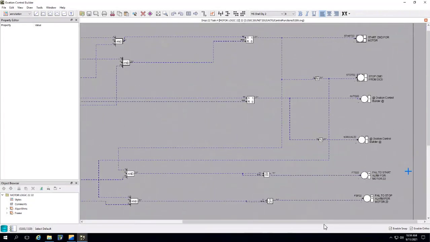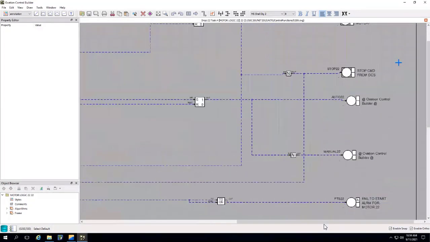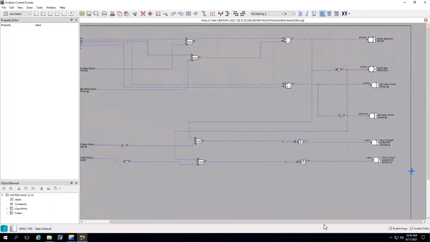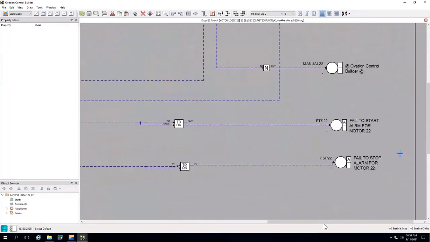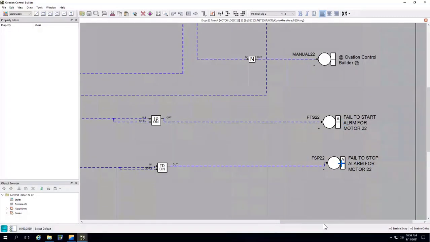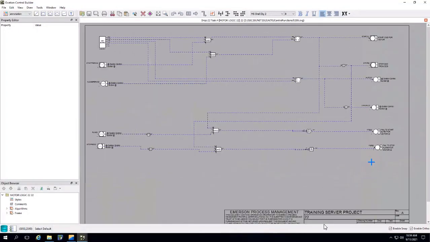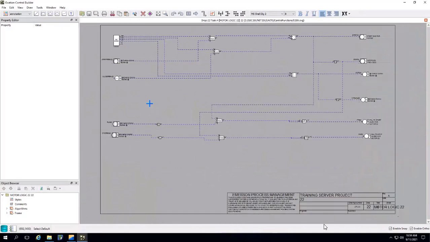The same thing applies to the output as well. You need to provide the description for auto and manual also, for the auto point and the manual point. Start and stop is okay, not a problem. One good thing that you have done is you have defined the alarm. That is really good. So these are some of the modifications for you.